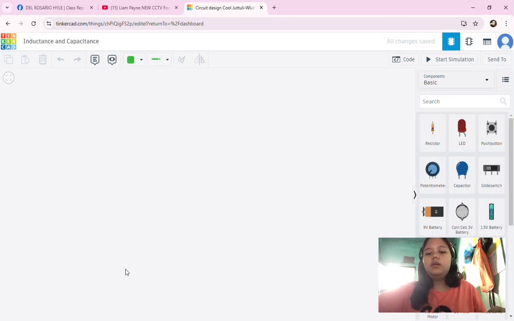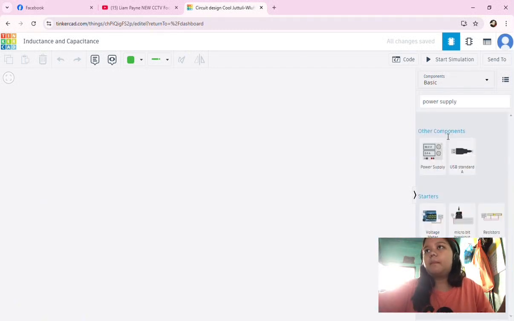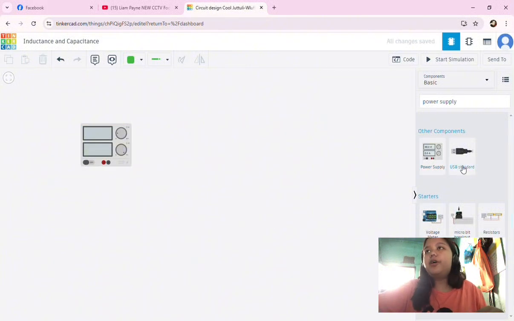here. So the materials we needed are first the power supply and breadboard.